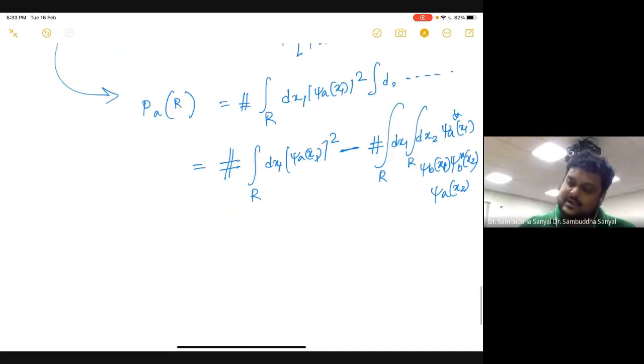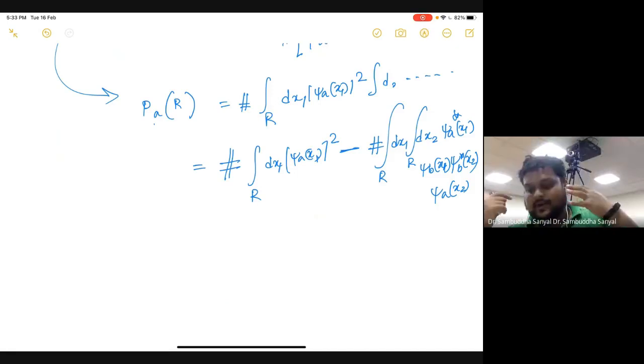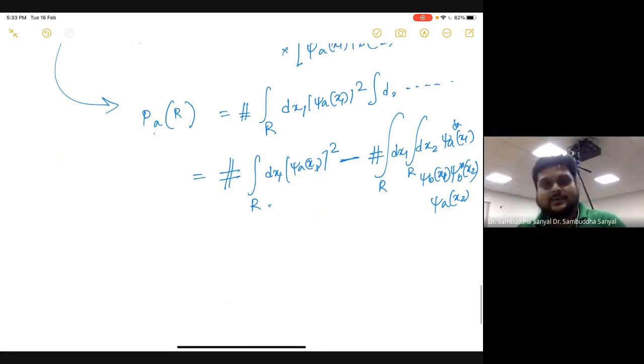So you will find that the probability that you find an electron with quantum number A in the region R is dependent on the wave functions of all other electrons in the universe. In this case I am just talking about 2 electrons, but you can imagine if you had n electrons, that would have been a more complicated term, and the algebra is much more complicated, which is why I showed it with 2 electrons. So this is like an overlap term of all other electrons.